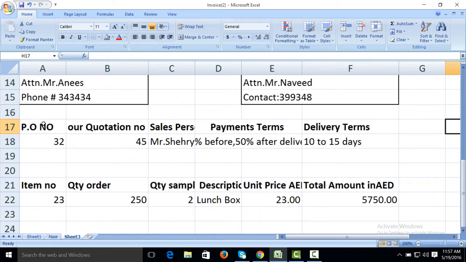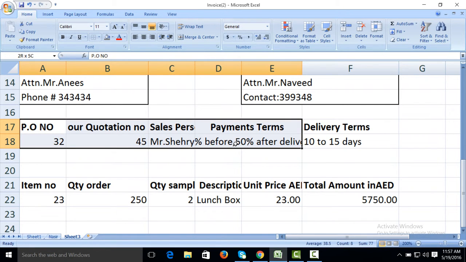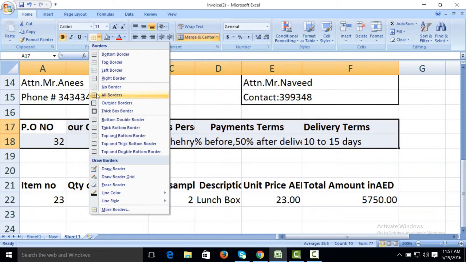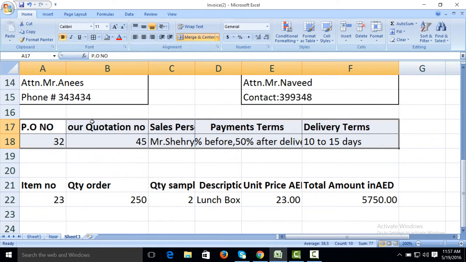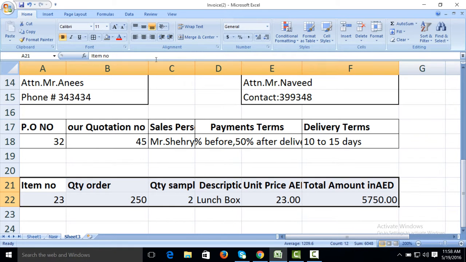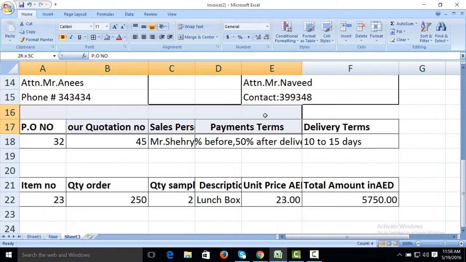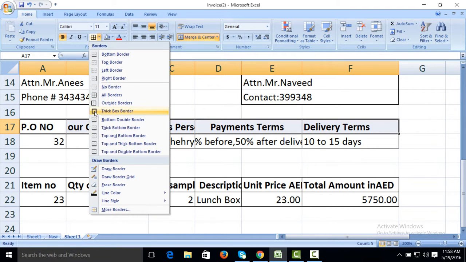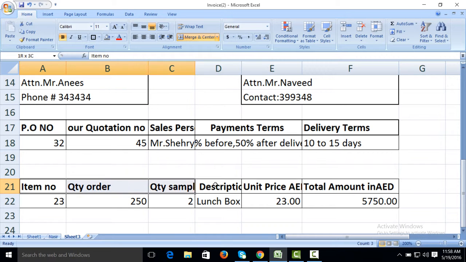We will give border to these. Select this one, then give it all border, also all border to this one. We'll make them thick border, then here also thick border.